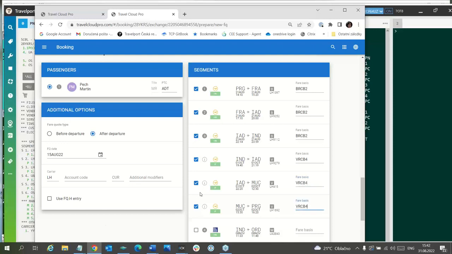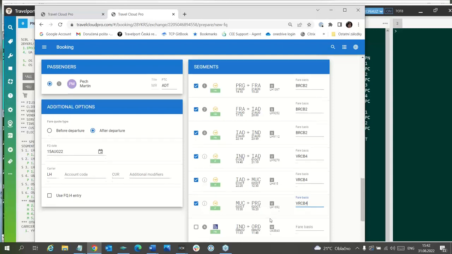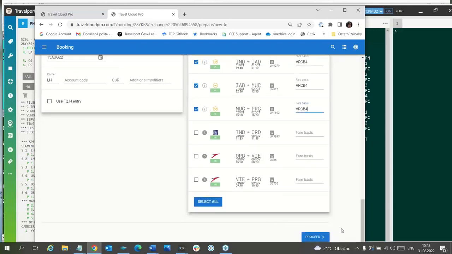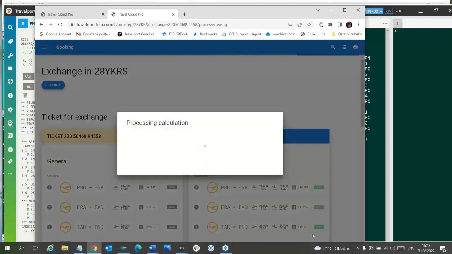Yes, so in this case we don't need to add any additional modifier because we have added fare basis, and we will proceed. And I suppose that we will receive the same fare calculation as before when we have used the fare family field.